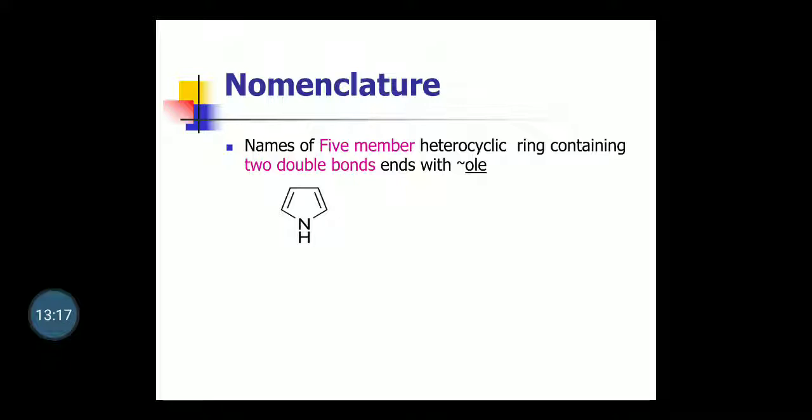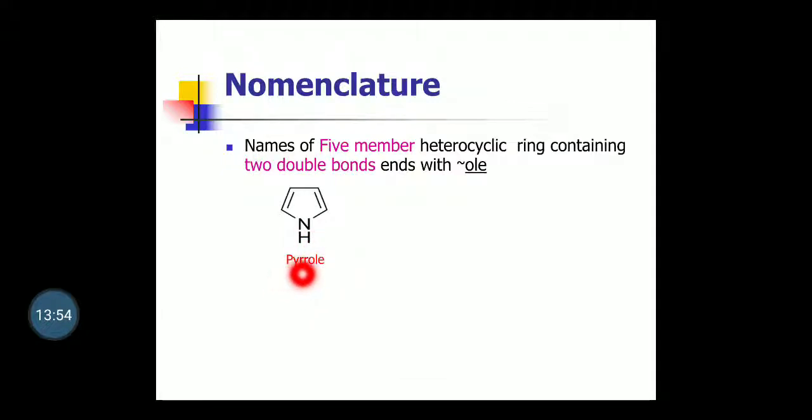How the names will be derived for these heterocyclic rings. Numbering is a different part, naming is a different part. Normally, if 5-member rings have a heteroatom and 2 double bonds, the suffix is OLE. For example, we are going to see that this is a pyrrole, and it ends with OLE, which normally indicates a 5-member ring. By the rule, it's a 5-member ring and will have 2 double bonds,